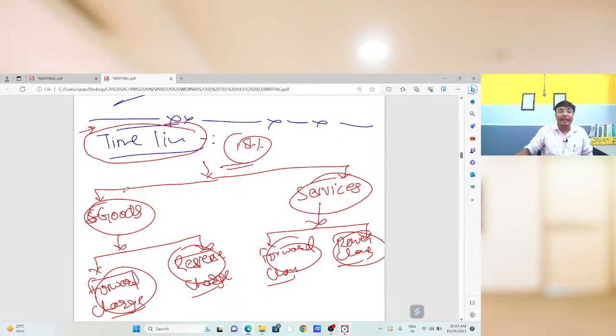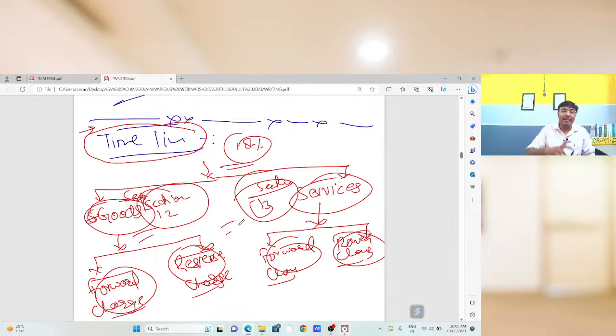So time of supply in case of goods will completely be dealt with by Section 12 of CGST Act, and time of supply in case of supply of services will completely be dealt with by section number 13. So that is the scenario, that section number 12 of CGST Act will be applicable in case of supply of goods, and section number 13 will be applicable in case of supply of services. Now we need to decide for two different situations, under forward charge, under reverse charge, under forward charge, under reverse charge. So one by one, first, we are going to discuss with the help of certain examples, and after that,